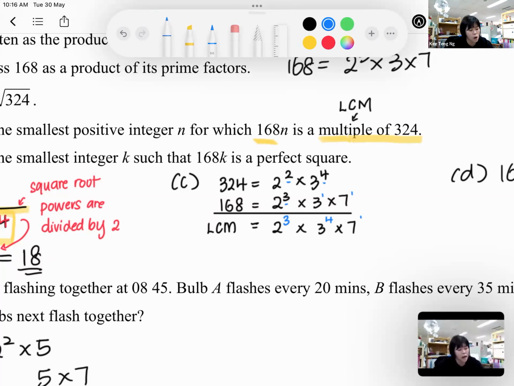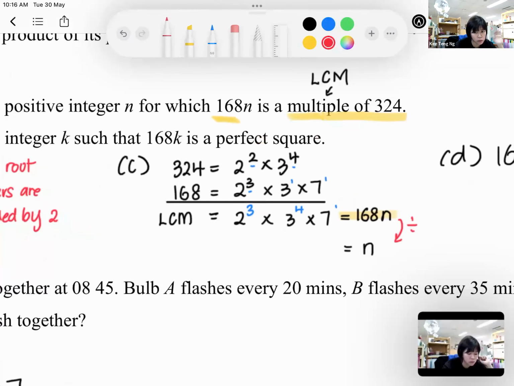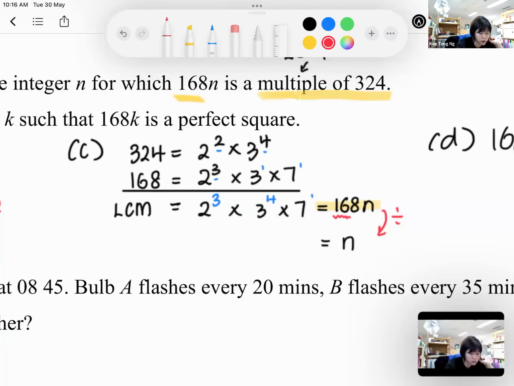Okay, but now I do not want this as the answer. This is my common multiple. This number is equal to 168. And right, I'm going to equate it to 168. And now the next question is, how do I find n? In order to find n, I need to divide by what number? I only want n, I don't want the 168. So I divide away by